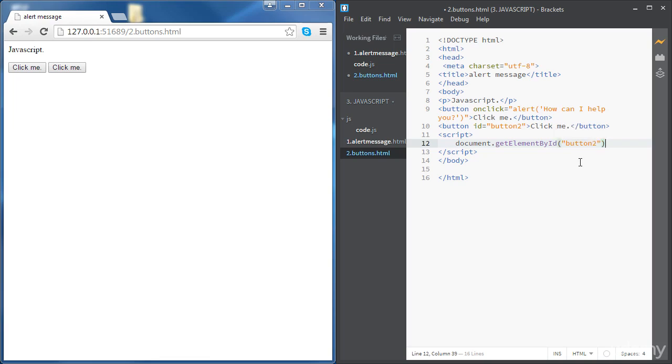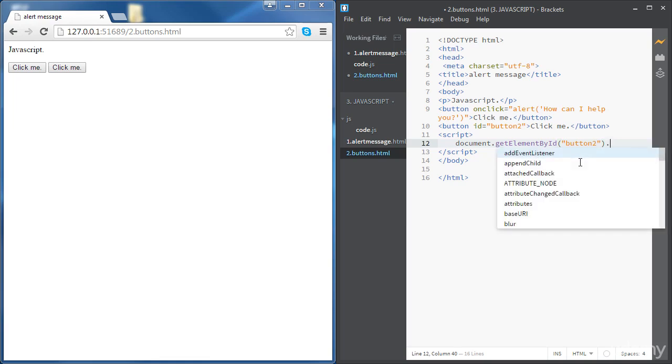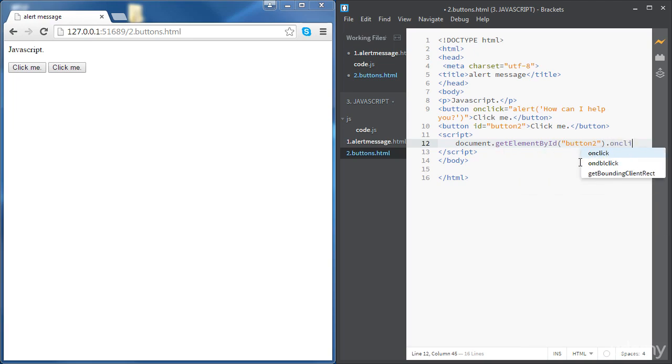And then we need to specify the event that will lead to the execution of the function. In our case, we're looking for a click. We need the user to click on the button so that we can execute the function. So we're going to say here the event is clicking, so it's onclick. All right. And then we're going to say equal